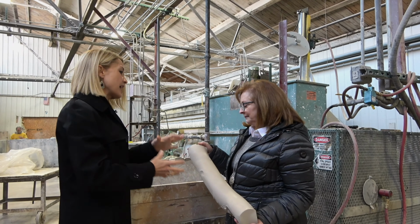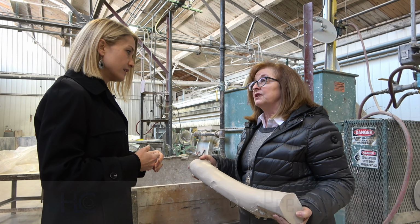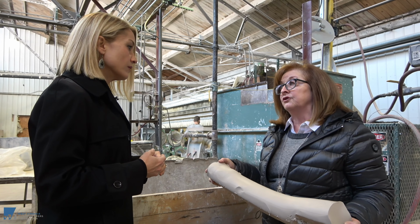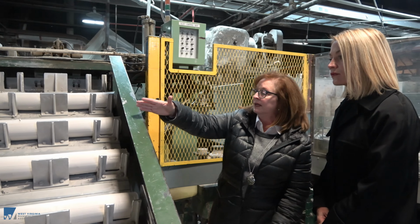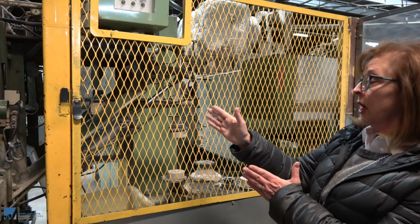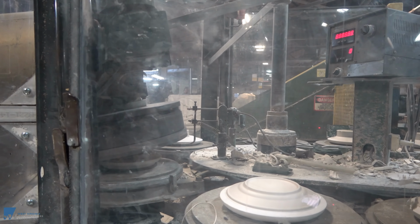So Liz, this is almost the beginning. Well, we get all the raw materials and mix them all up and make a liquid slip. All our clays and raw materials are mostly all American produced, mined in the United States. The clay logs are placed onto this conveyor, and as you can see, the clay is cut by a cutter and then placed onto this rotator, and then placed onto the mold,